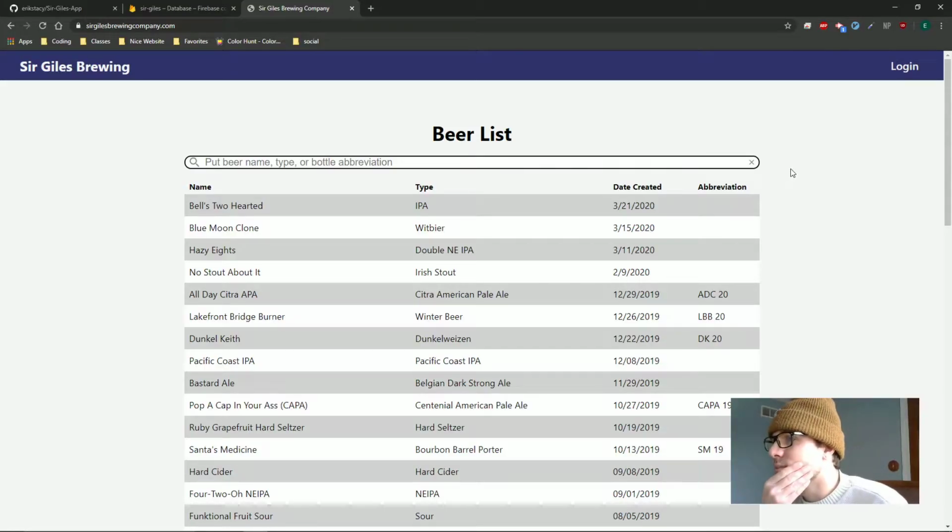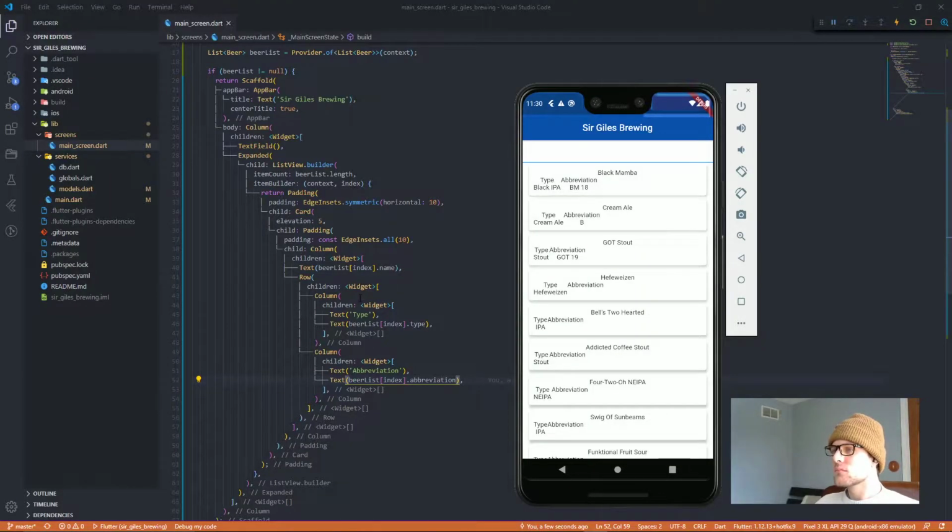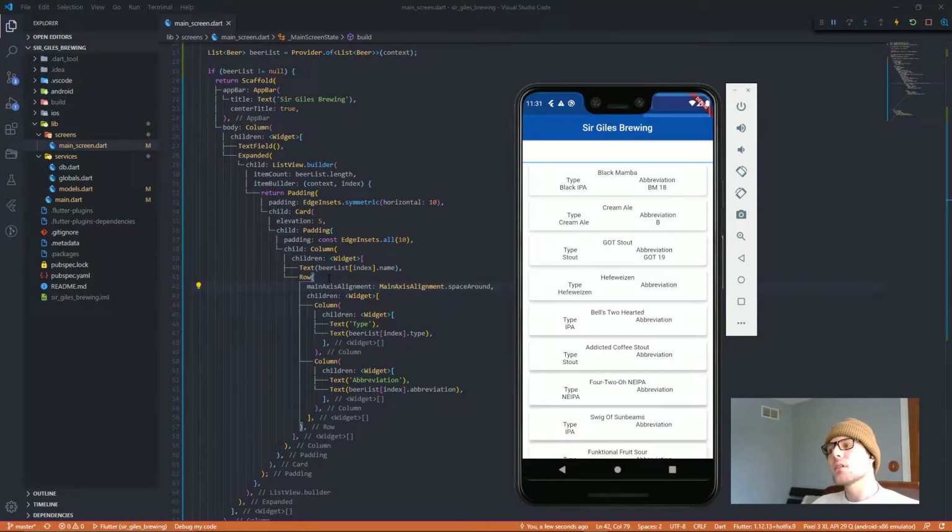I mean, if we checked out his website, it showed the beer name, but also what type of beer it was and all that kind of stuff. So let's add some information to each beer card. All right, so it's actually displaying on the app, but this looks gross. Let's separate the different information a bit. Boom. All right, and that's kind of the separation I want.